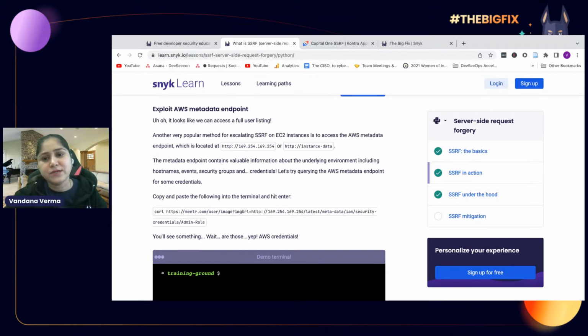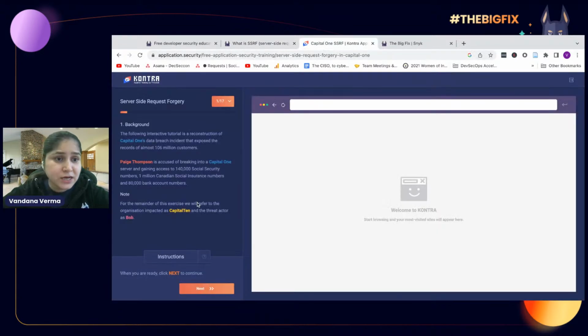Now, a successful SSRF attack looks like this. But think of that situation where the attacker got access to so much information, in the case of Capital One. This is another example, where the background is all set. I wanted to show that, okay, there is an SSRF, but I am sure you want to know more about it. So let's go through it step by step.